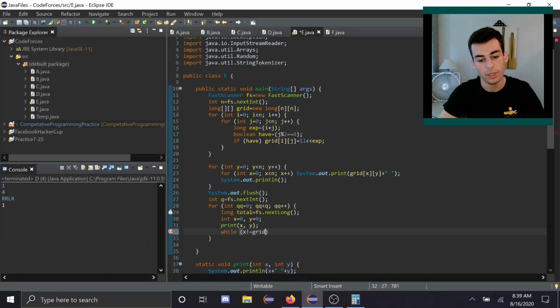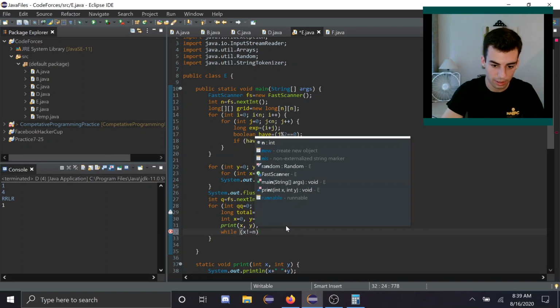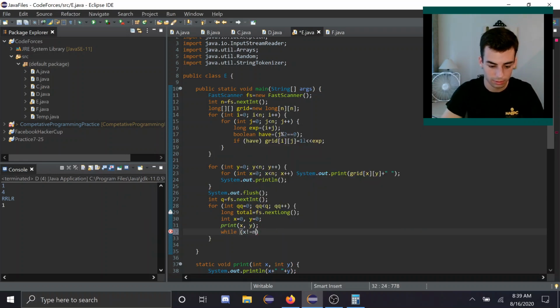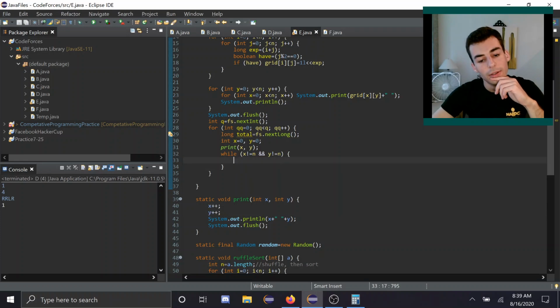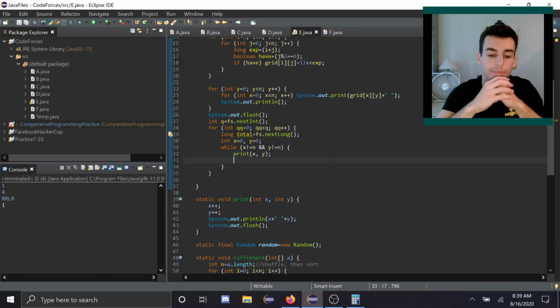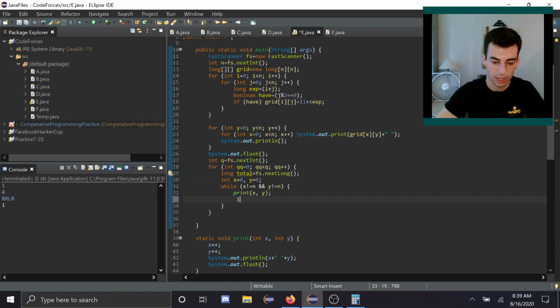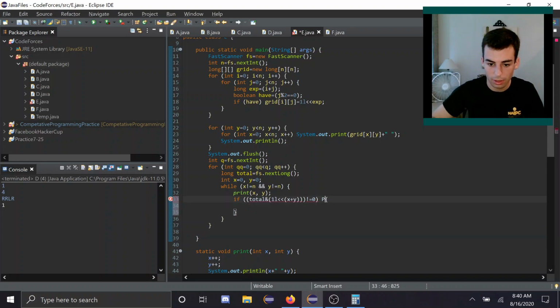Not equal to grid dot x not equal to n. So now if total and 1 left shift, 1 long left shift x plus y not equal to 0. Then